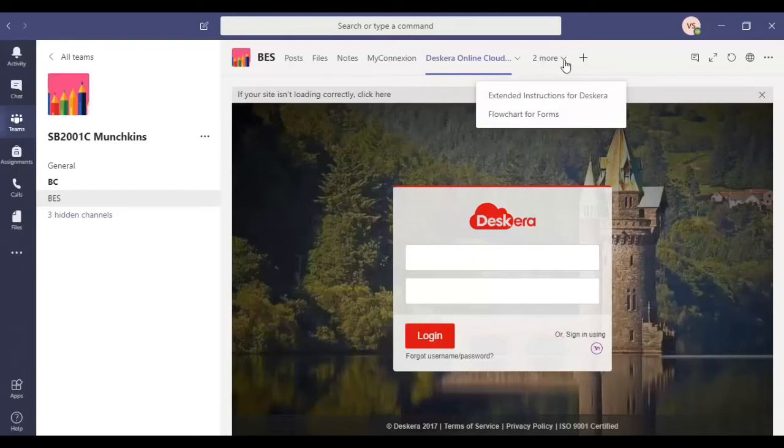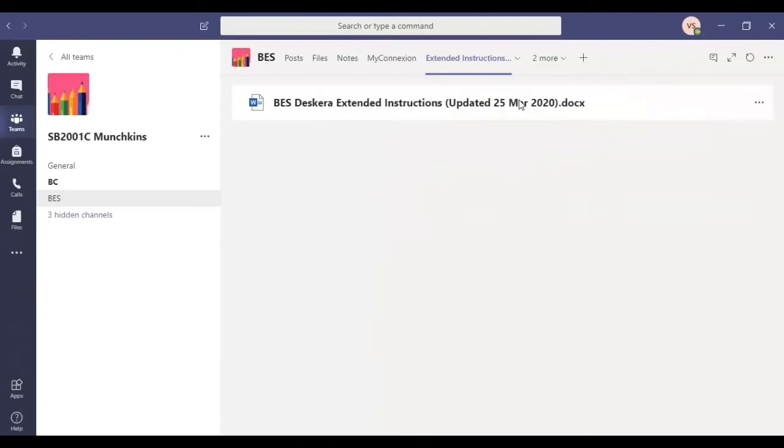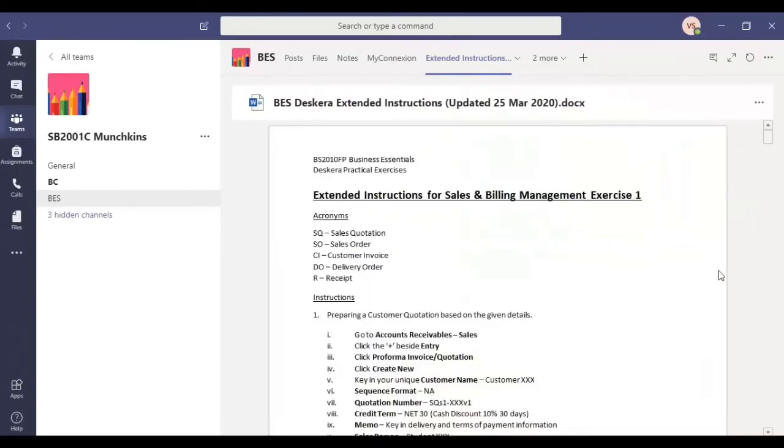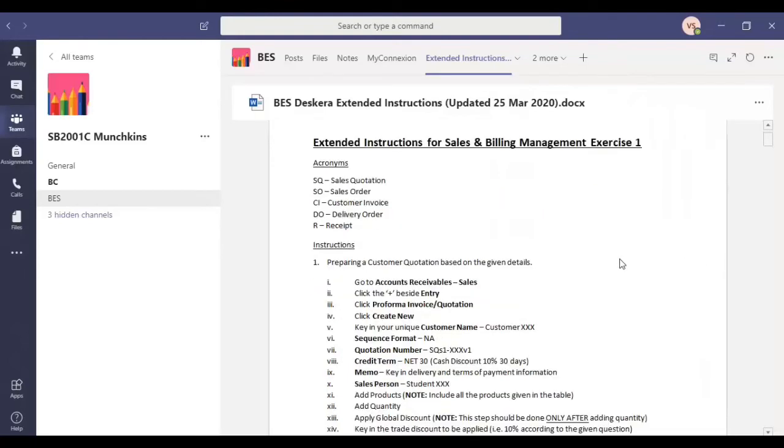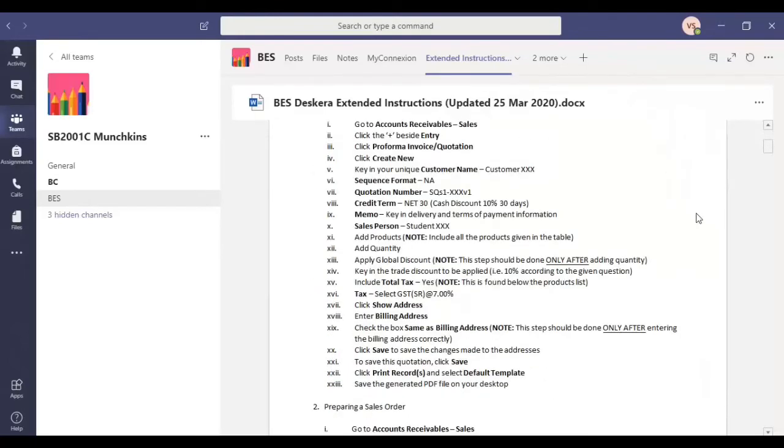Next up, we have two important things. Extended instructions for Descara. I've created this because I realized that the original set of exercises given have some instructions that are missing, and it might be a little confusing for you as first-time Descara users to complete the assignment. So I've broken up each of the instructions into multiple different instructions for you to follow